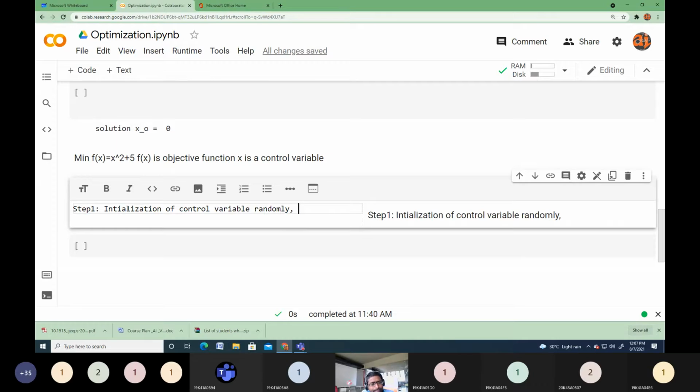What will be the first step? What else do we have to initialize? Is only the control variable sufficient, or do we need to initialize any other parameters as part of this gradient descent algorithm to solve this optimization problem?